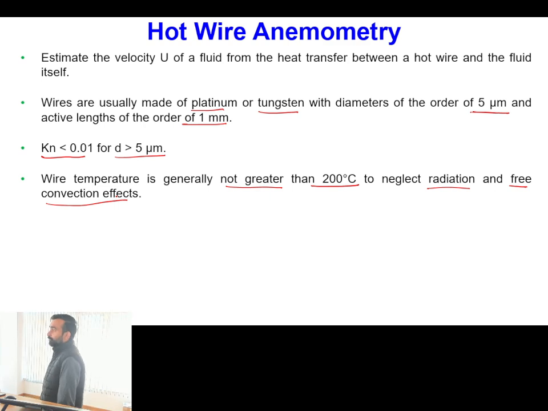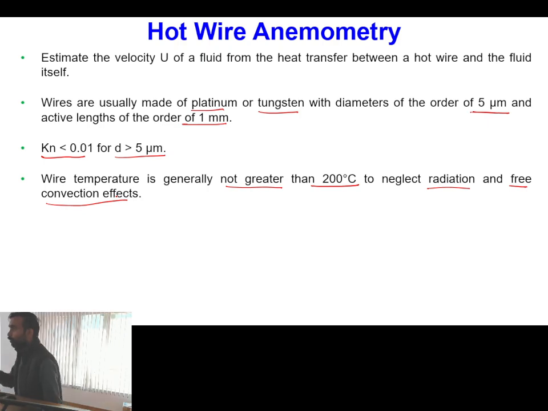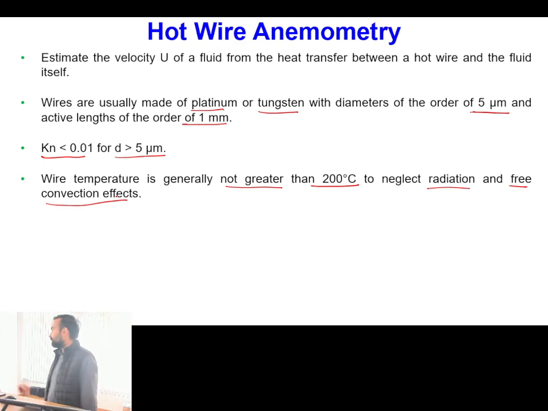Okay, but if you keep the temperatures above 200 degrees Celsius, then along with forced convection, you have to also account for natural convection effects. Okay, and you have to also account for radiation effect. And if you have more number of phenomena involved, it means you have to take into account more number of variables, and you will be having high chances of uncertainties. Okay,